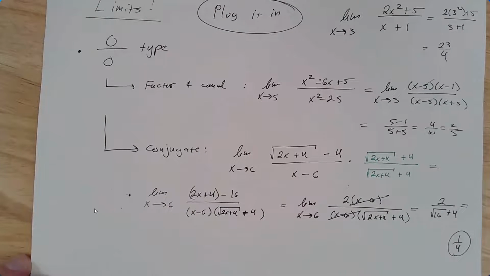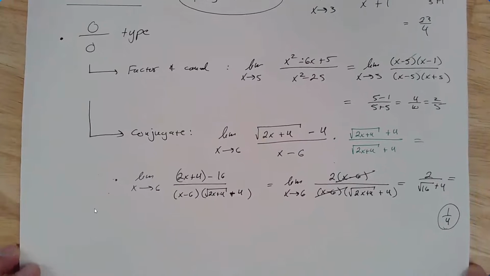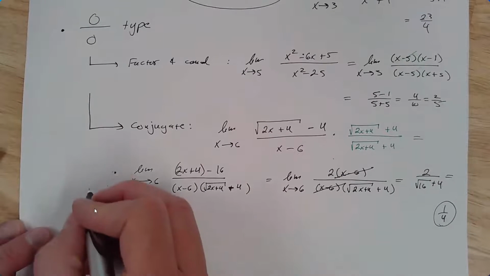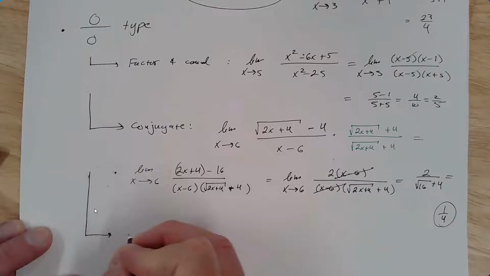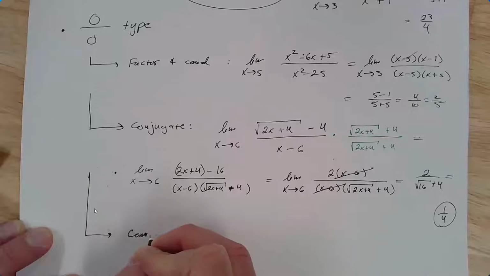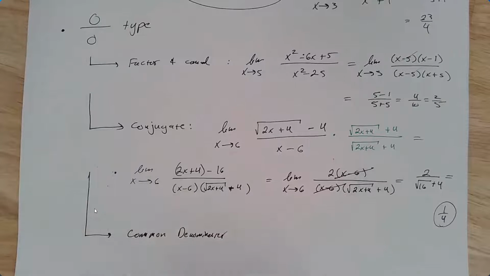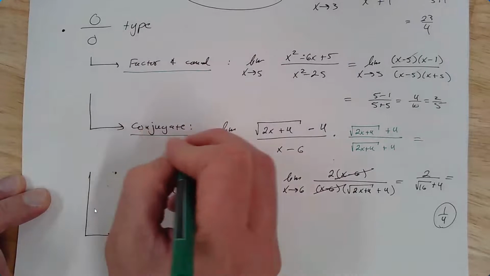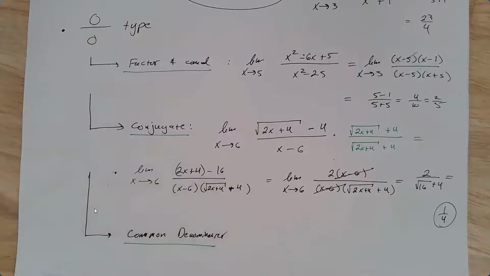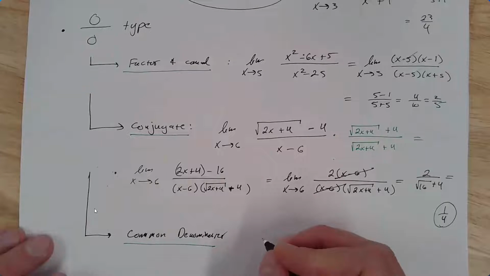And then the last typical algebraic 0 over 0 type of limit is where we have to do some common denominator action. So these are the 3 sorts of algebra we usually do when we have a 0 over 0 type of limit. We either try to factor and cancel, or if that's not an option and we see a square root, we try to multiply by a conjugate, or if that's not an option and we see some fractions within fractions,